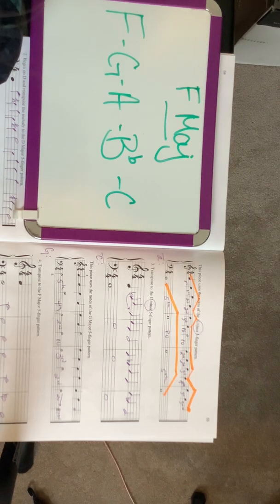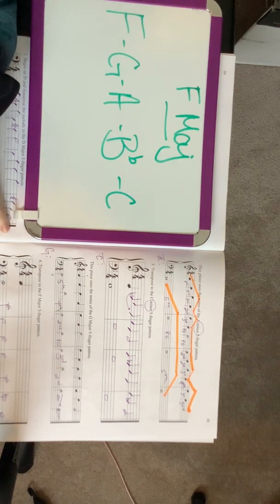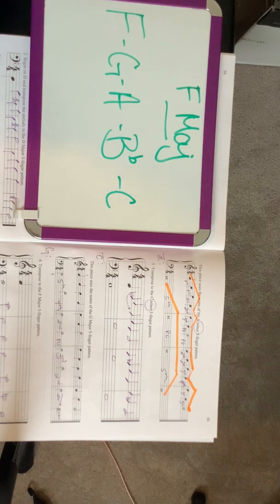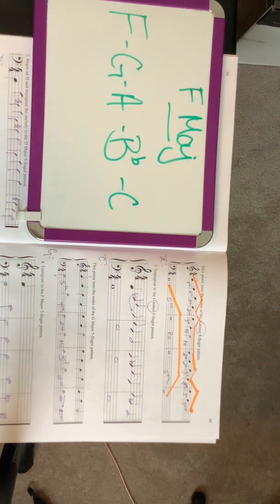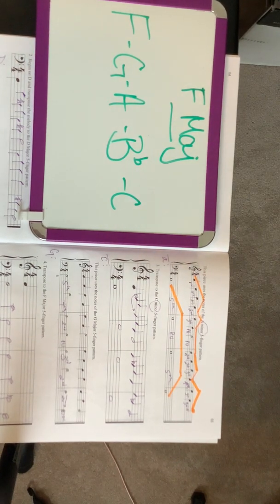Now, if you had like this guy, a second, it would look like that. But that's only if you had a second. You can have it where it's like this, but that's if you have like a second in between there. So just make sure they're evenly stacked and there's only one stem if they are being played harmonically. Let me draw a little line here because that's all harmonically. Okay, so